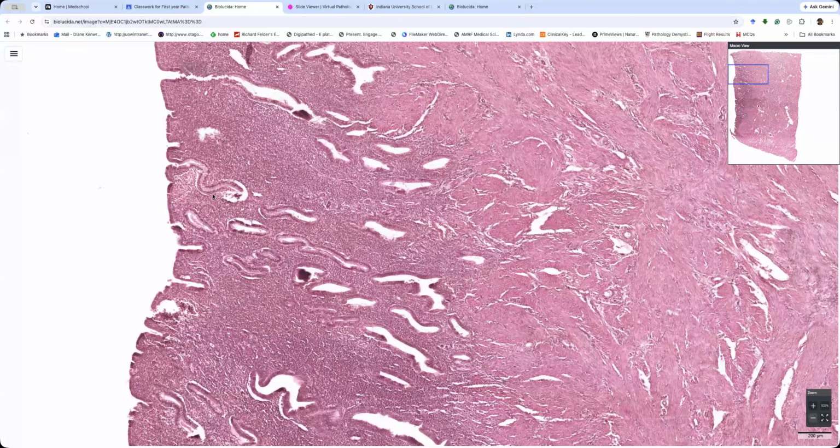Which one wins? Are we going to call this secretory because it's got evacuation, or are we going to call this proliferative because it's got simple glands? What's it going to be? In the chat. Yeah, secretory. It is going to be secretory. Okay, it's going to be secretory because there is evidence that there is a luteal phase happening, but it's a